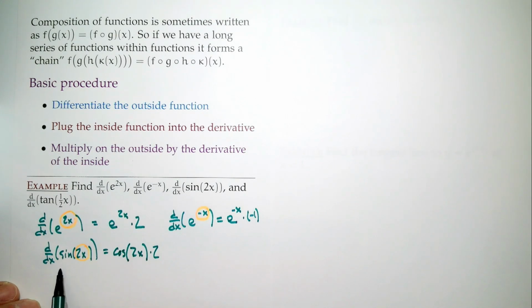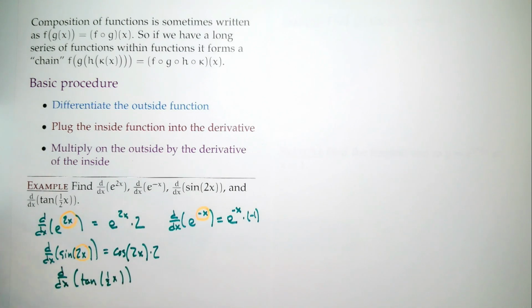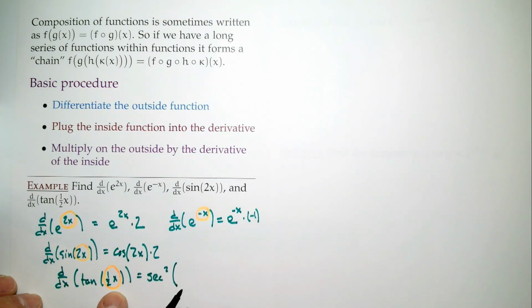Okay. And let's try one more. The derivative of tangent 1/2 x. We just barely did this one last time. Okay, the inside, 1/2 x. So, going through the process, the outside function is tangent, derivative of tangent, secant squared. So it's secant squared of 1/2 x, and then